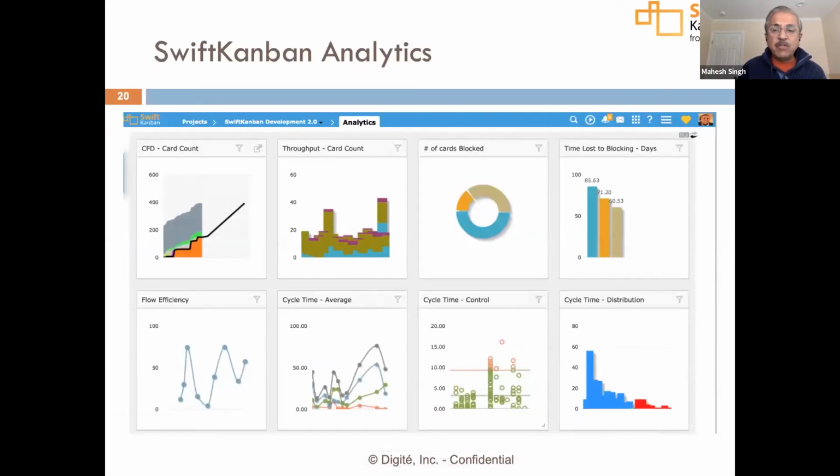We have a range of metrics. Fernando mentioned a specific set of them. We provide a very rich support to the Kanban method and some of the metrics that the Kanban method supports. That includes a cumulative flow diagram that you see on the top right here, the control chart that you see in the middle here, and just a variety of rich capabilities, including cycle time analysis, blocker analysis, your throughput and velocity analysis as well. In addition, of course, we have worked with the Kanban University to build the